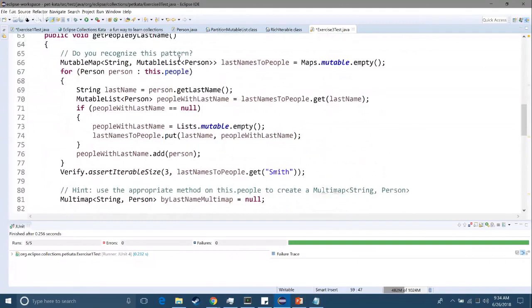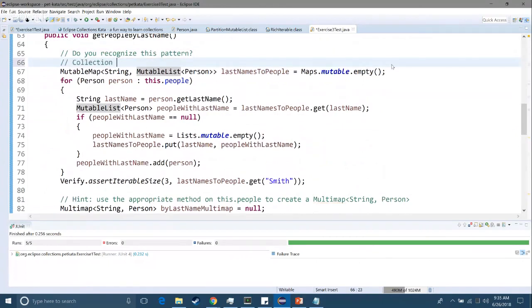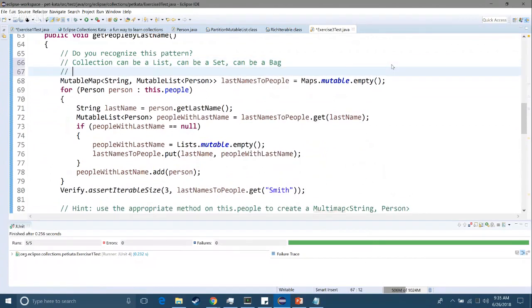Essentially, where you want to associate more than one value to a key in a map. So you want to have a multi-valued map, or as we call it, a multimap, where one key is associated to a collection of values. Now the collections can be anything. The collection can be a list, a set, or a bag. The most important thing is,